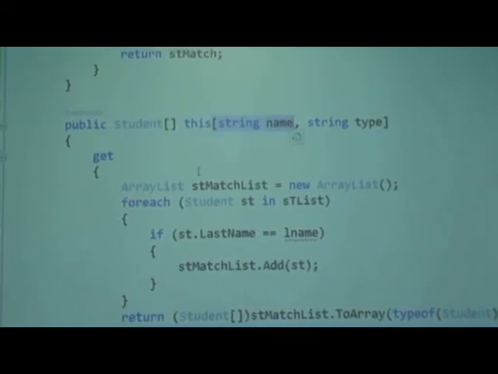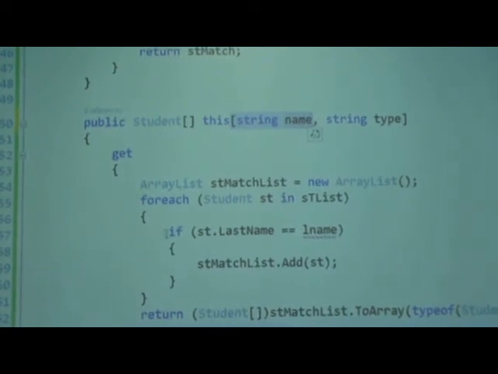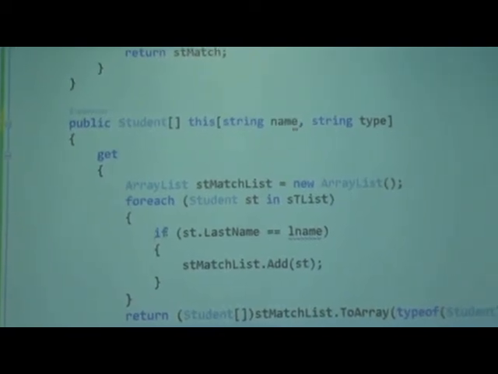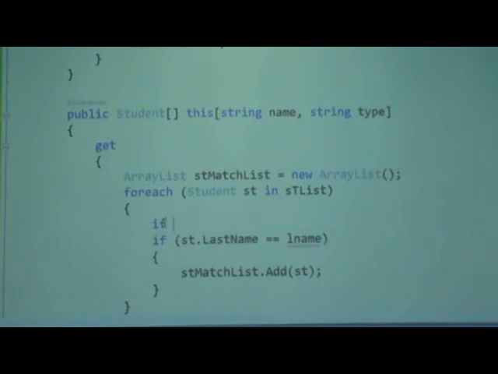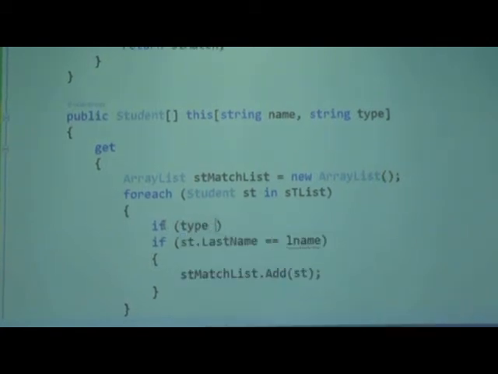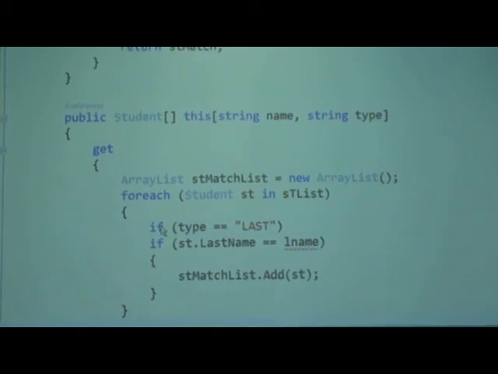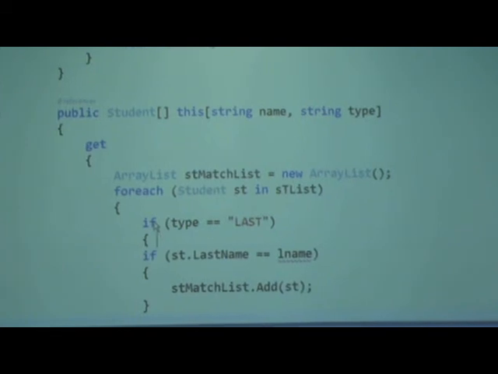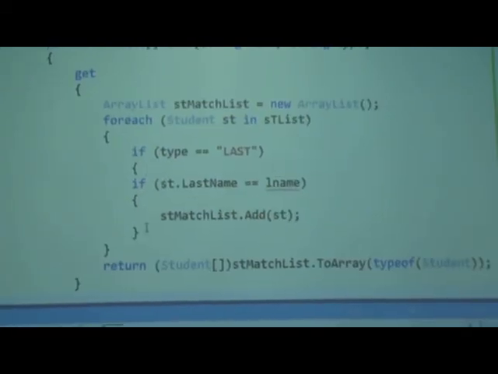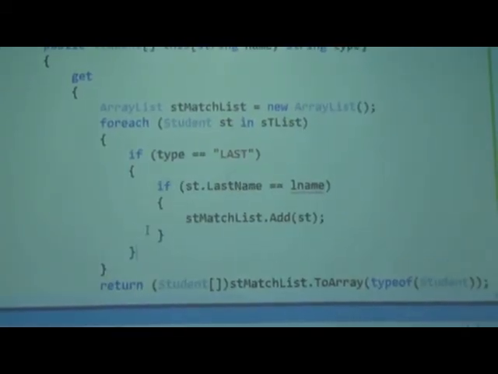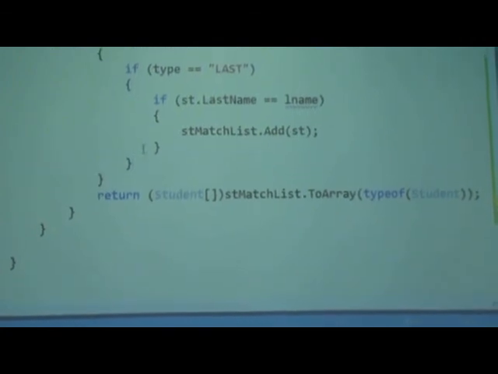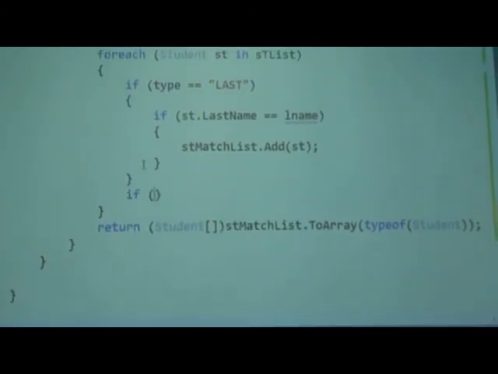Okay, so now over here we can say if type equal to, let's say, last, then we will do this, else, or we can say if,